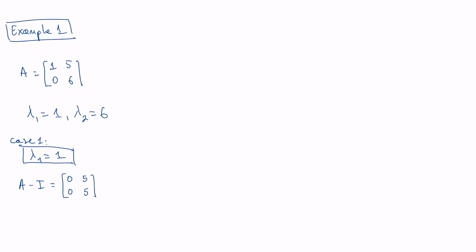Now, the eigenvector of my choice. Eigenvectors are infinitely many, but one eigenvector is... you want this vector to be orthogonal to the rows of the matrix A minus I. Well, 1, 0 is the obvious choice here. Of course, any multiple of 1, 0 will do, any non-zero multiple. Now, case 2,